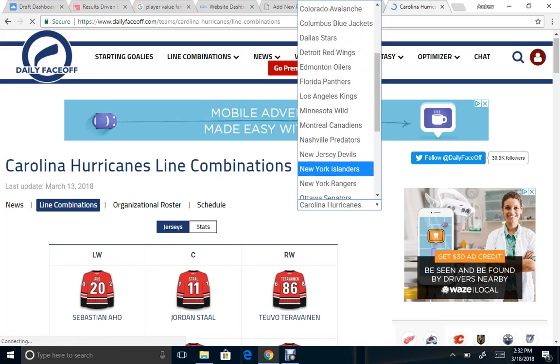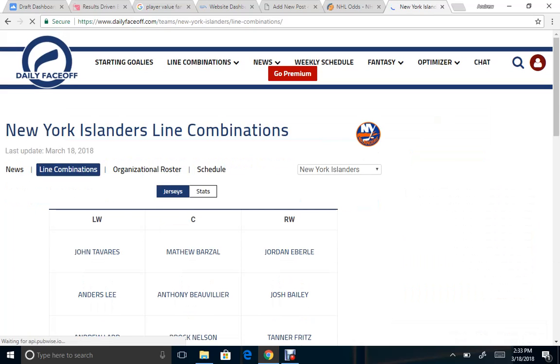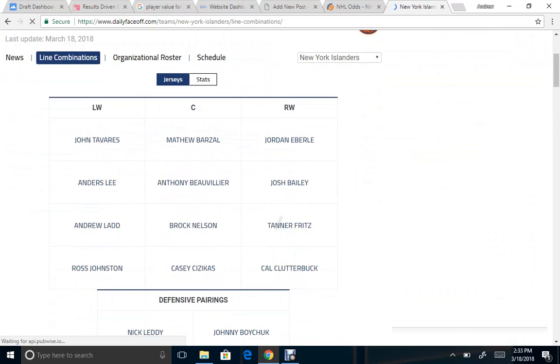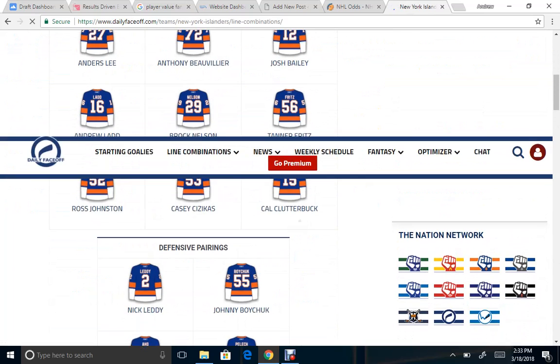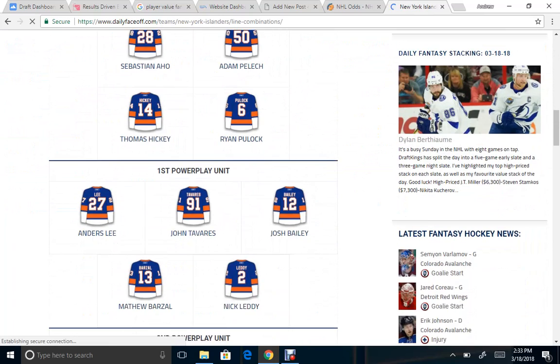Islanders. Just to confirm, I'm pretty sure Bolivar is higher up in the line than that guy, Nelson, so maybe even on the power play as well, I'm sure. Let's see. Power play wise,